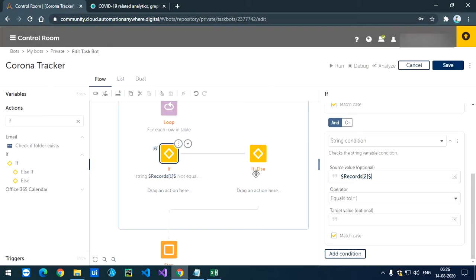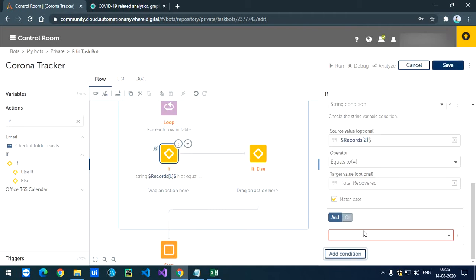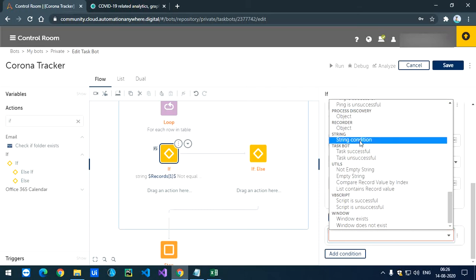Now the second column, and the value will be total RECOVE, TRET, total recovered. Then one more condition, add a string condition.